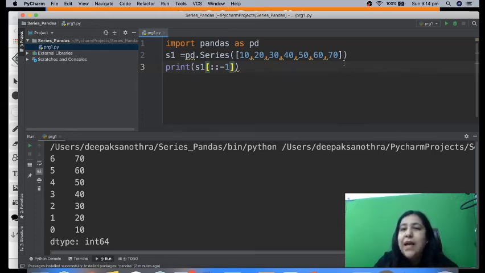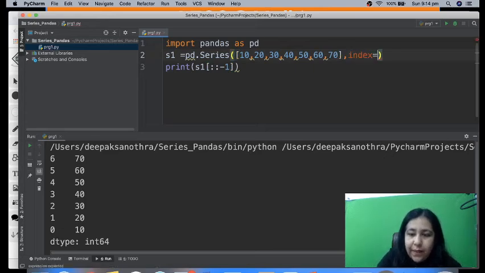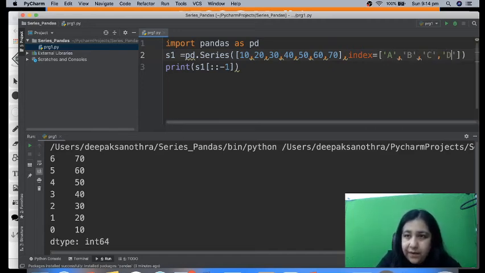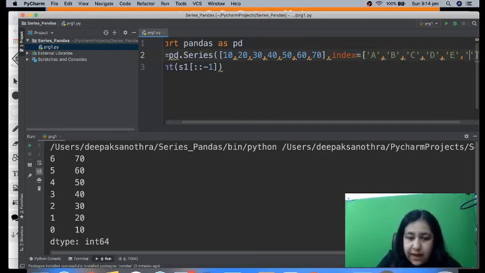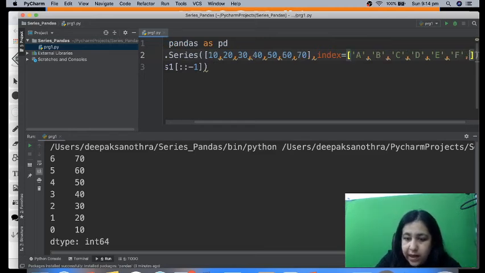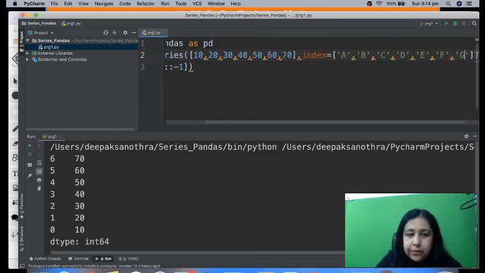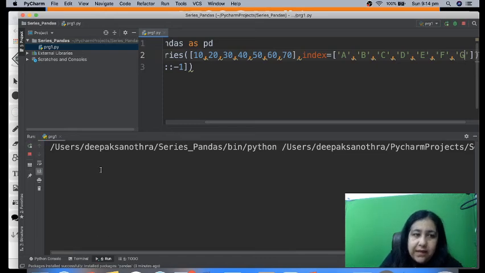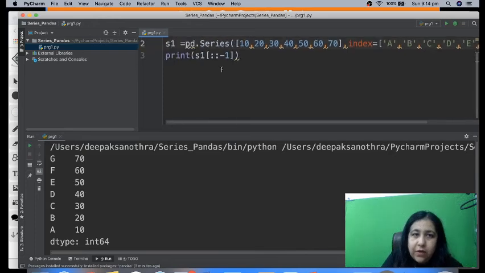Now another thing is, if I have an index over here, then it works a bit differently. The difference would be, usually the upper limit is excluded, but if you have given the index, so I've taken A, B, C, D, E, F, G. Now if the index is not 0, 1, 2, it is this, so -1 is working, that is all fine.